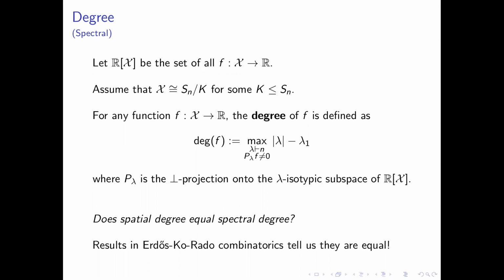And what's really cool, and maybe folks in this seminar group will appreciate this, is that this is the bread and butter also of Erdős–Ko–Rado combinatorics. A lot of these nice results in Erdős–Ko–Rado combinatorics tell us that the spatial degree and the spectral degree